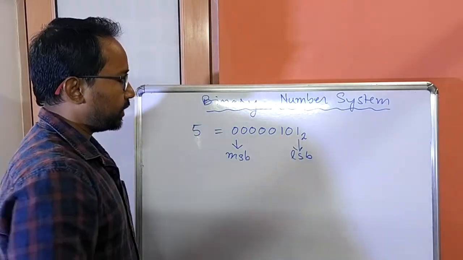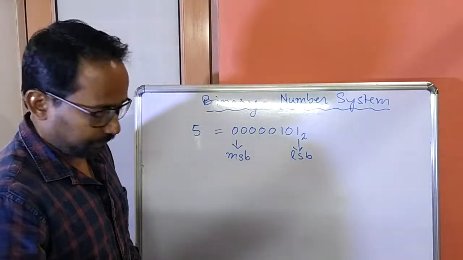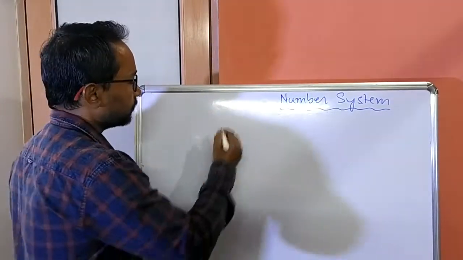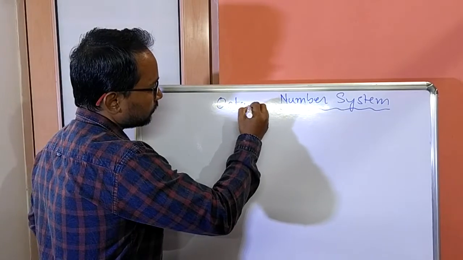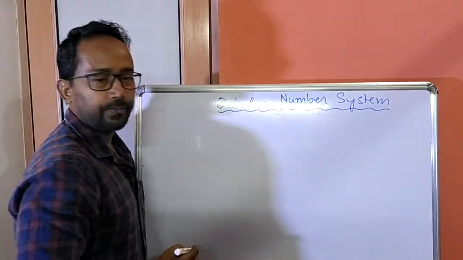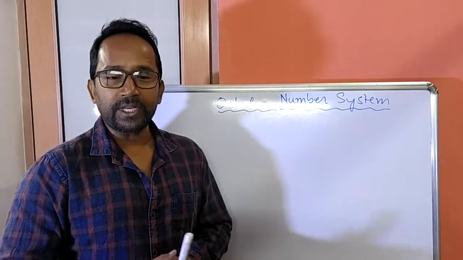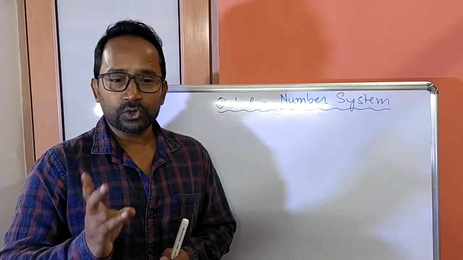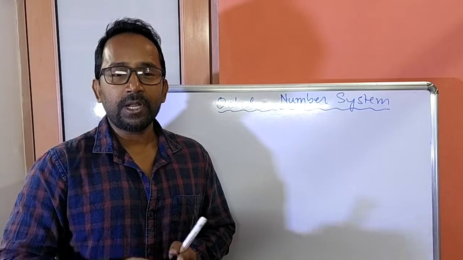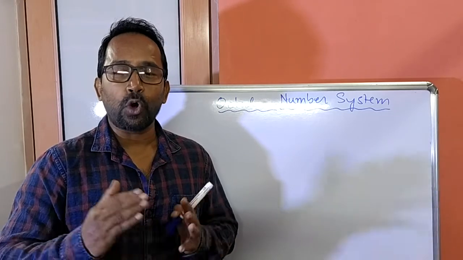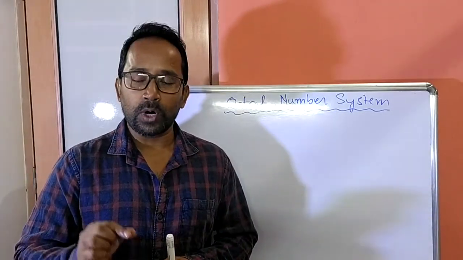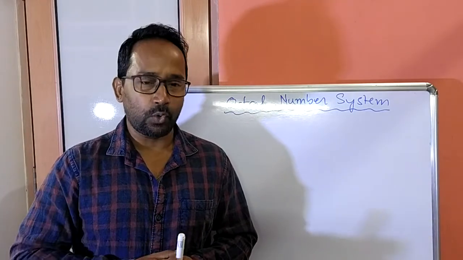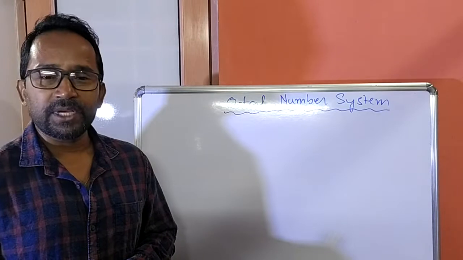Okay. Now we will learn octal number system. In this octal number system we have 8 digits: 0, 1, 2, 3, 4, 5, 6, 7. So 7 is the last digit, and after 7 the numbers will be a combination of 2 or more digits, like 10, 11, 12 to 17, then 20, 21, 22, and so on. This way the sequence will go on. So the base of this number system is 8, as we have 8 digits.